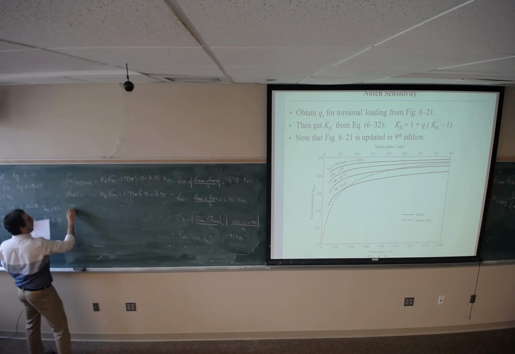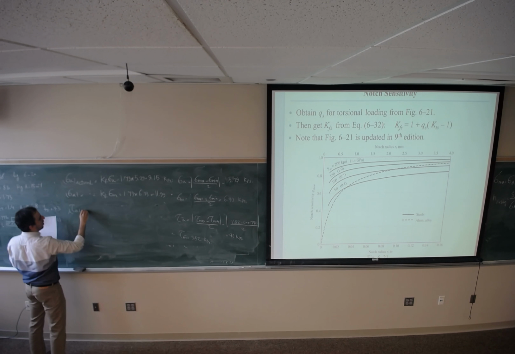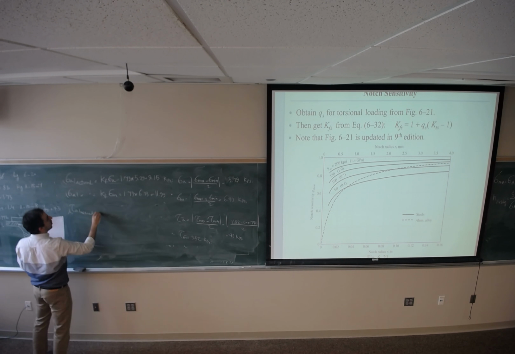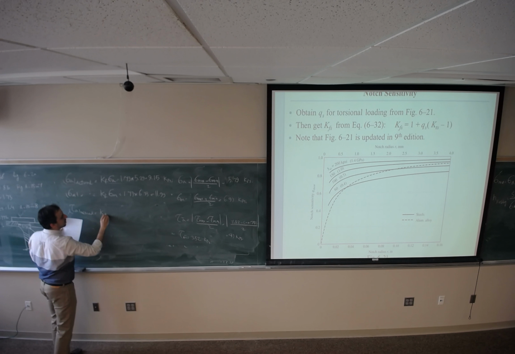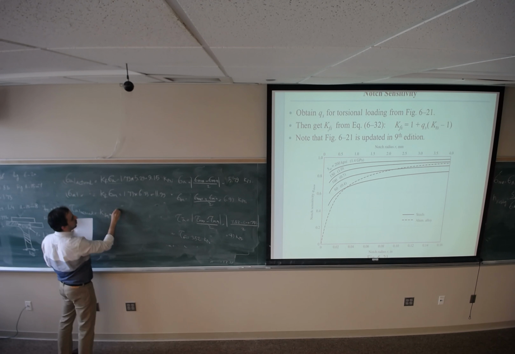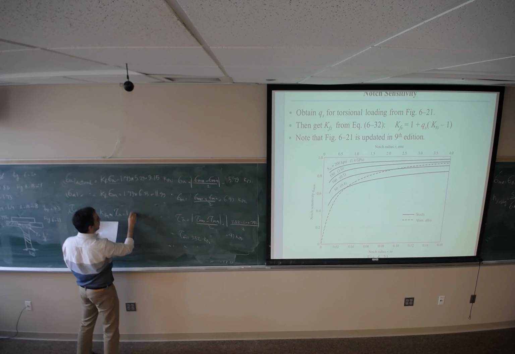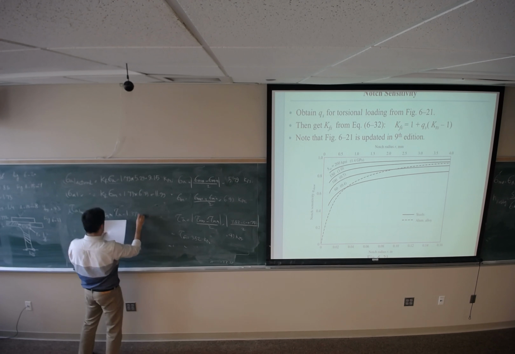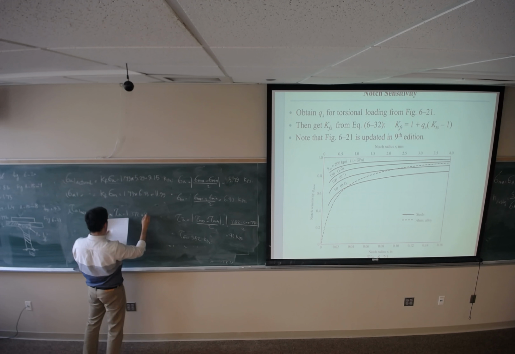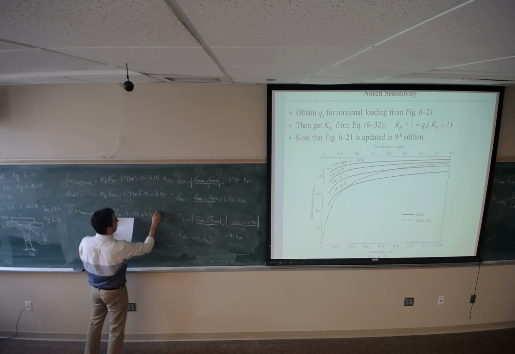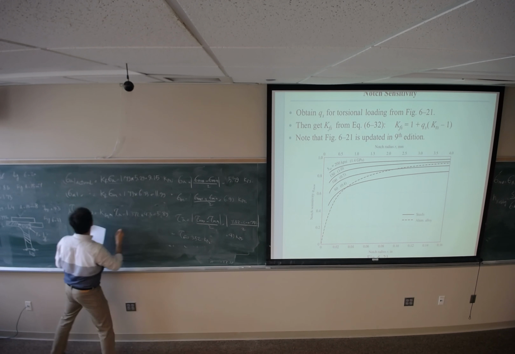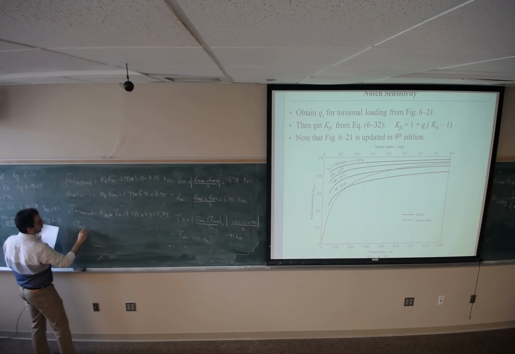Tau a for actual would be Kfs, s representing shear, times tau a. 1.372 times 4.3 gives 5.89. And tau m for actual